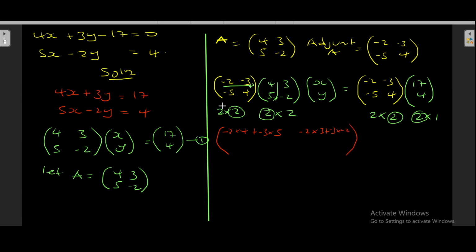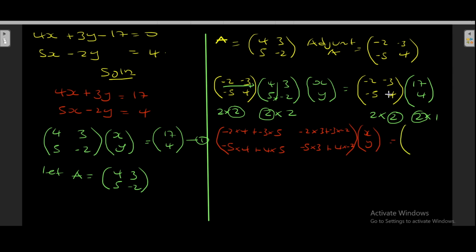Cross that bracket. We come here: negative 5 times 4 plus 4 times 5. Again, negative 5 times 3 plus 4 times negative 2. This multiplies with x and y, is equal to,